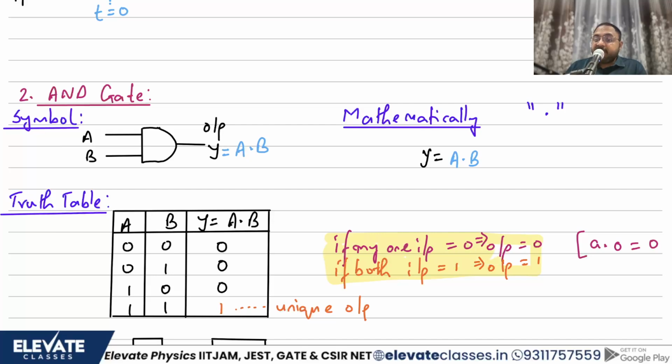And why do we need the truth table? Because we'll be applying it multiple times. Multiple times during the problem, you will require this. So it is good to remember this in a simple way as well. So you can choose your path either through the special input or through the dominating input. What is the dominating input? Any one input is 0, your answer is going to be 0. What is the unique output? Both inputs are 1. Then only you'll get your output as 1.